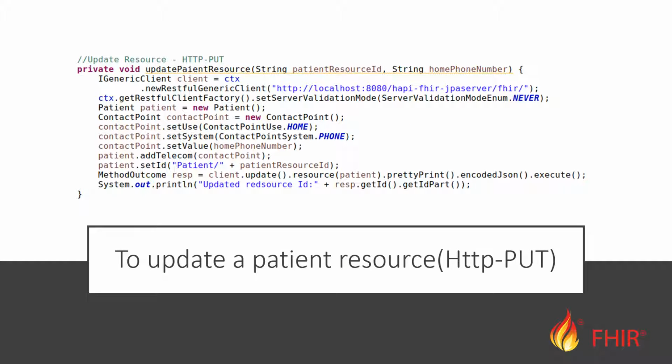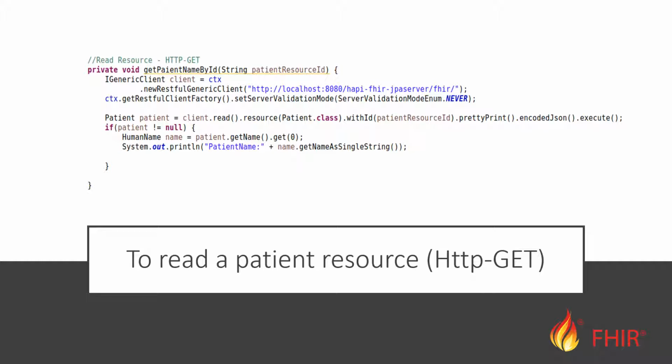So the next operation is about how we update a particular patient resource, given the resource ID of the record within the database, and then you want to update a phone number. The contact point gives us the basic structure to fill in the information with respect to phone number, email, etc. Here we demo the home phone number being updated, corresponding to the Patient resource whose resource ID is given as an input parameter, and then a request is sent which would go and update the specific user